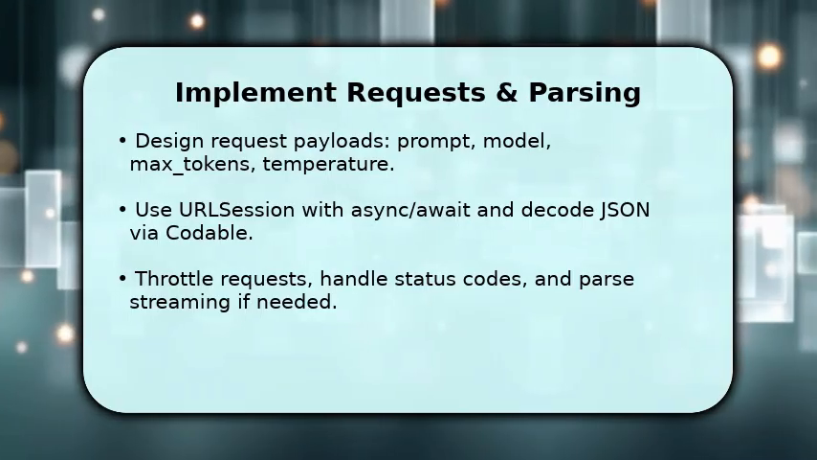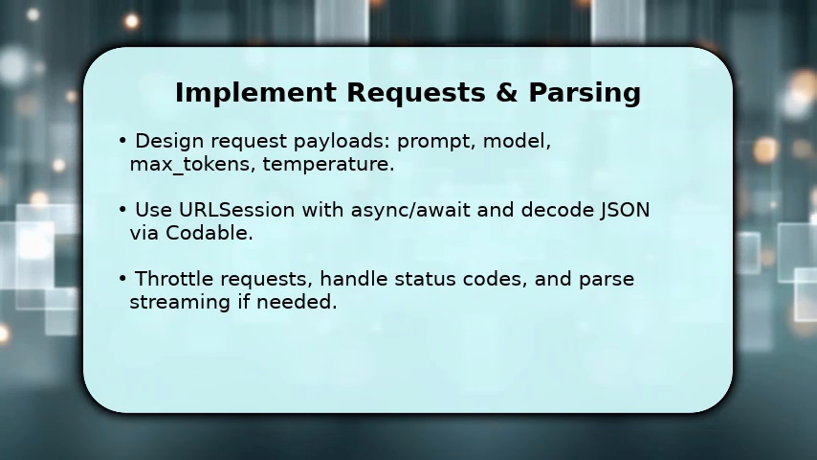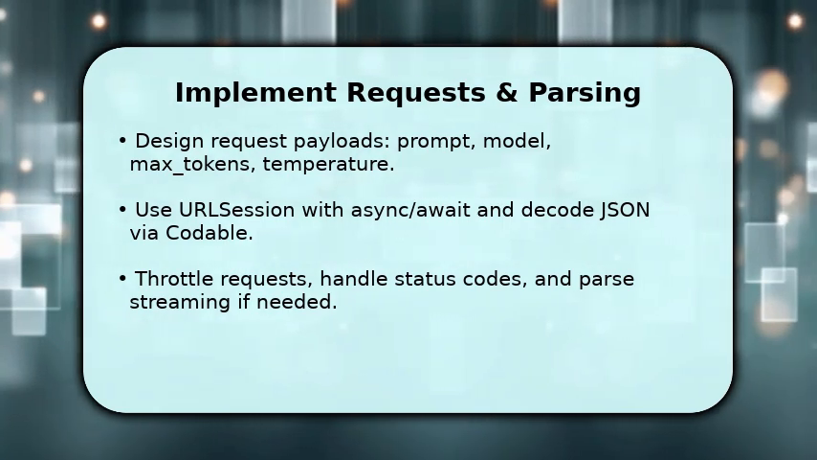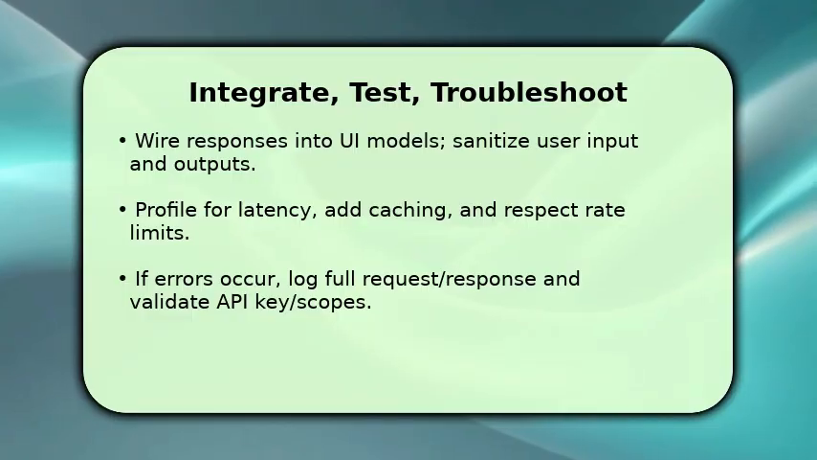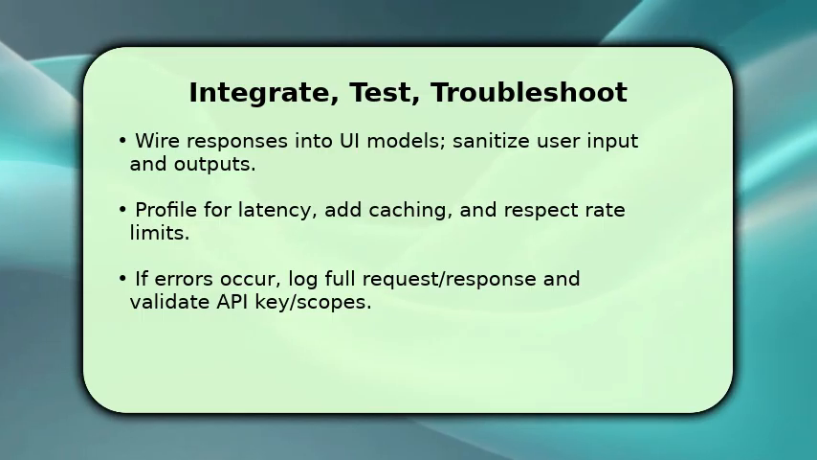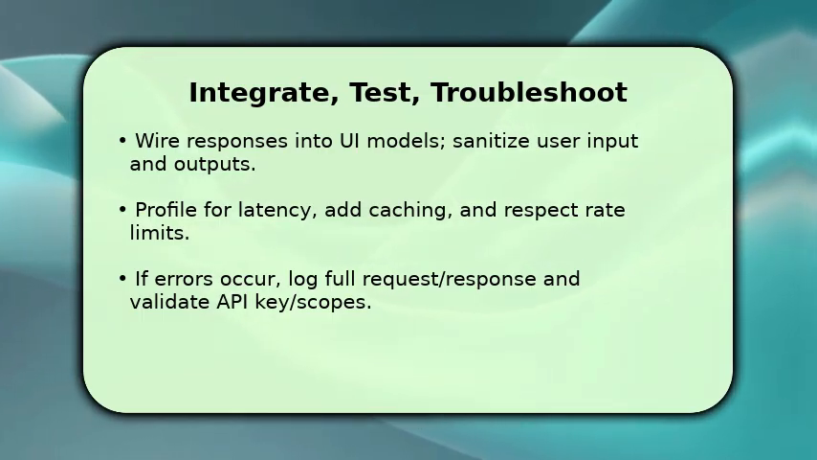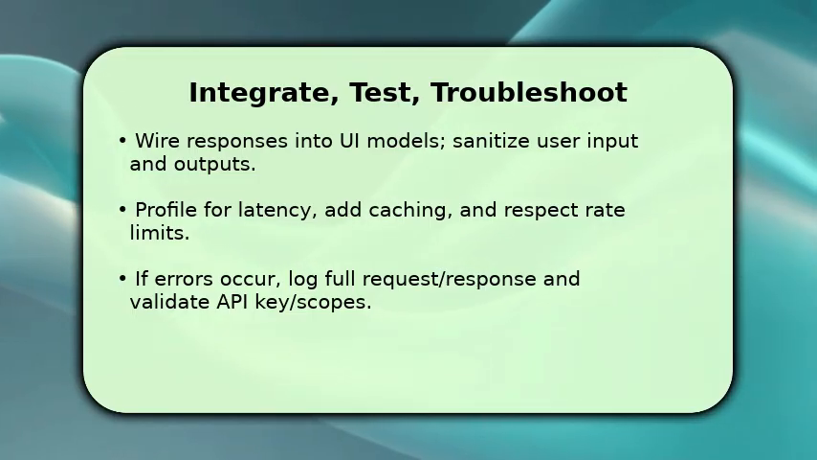If you require partial updates, parse streaming chunks incrementally and update the UI on the main thread while maintaining cancellation tokens. You finish by wiring decoded responses into your app's view models and sanitizing output for display. Once done, run instrumentation to measure latency, add simple caching for repeated prompts, and enforce client-side rate limiting to avoid